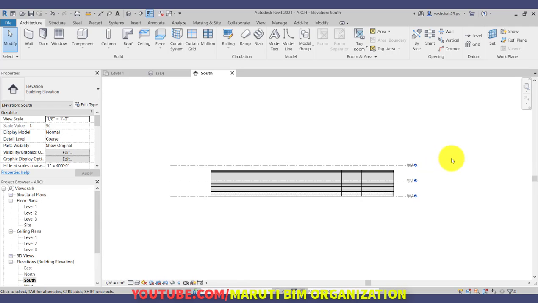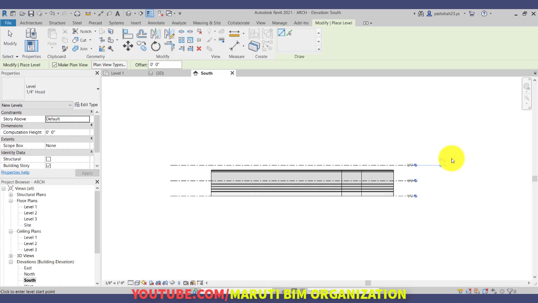Okay. Now let us use double L, but this time we will use pick lines and specify the offset distance 12 feet. Now what is the most important thing? You just move the mouse, hover over the level, and then you will see the dash extension line on the upper side. You have to click.